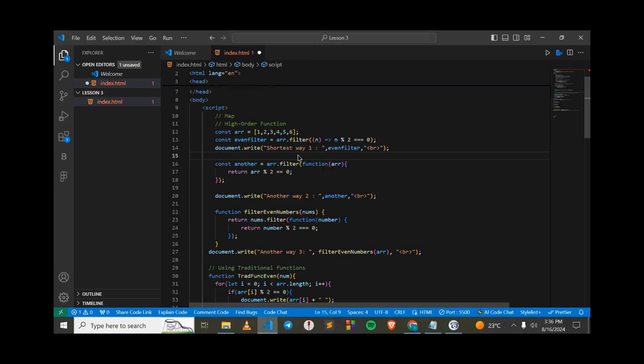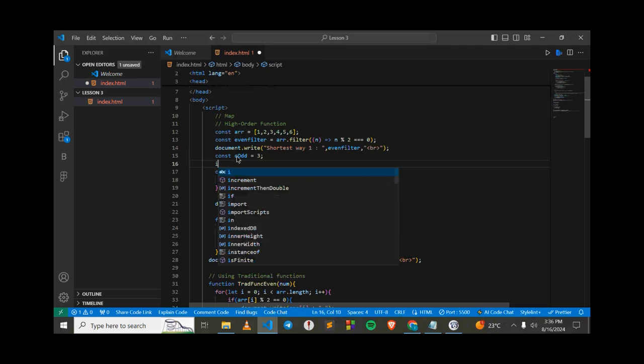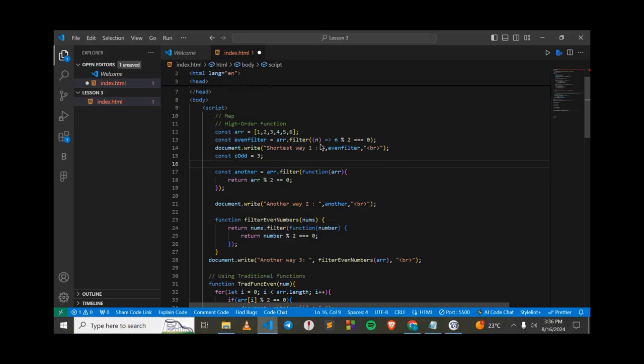What I could say is, you could create a variable called count. Let's say count odd, which is equal to 3. Now, if the length of, we're going to say 1 here. If the length of this